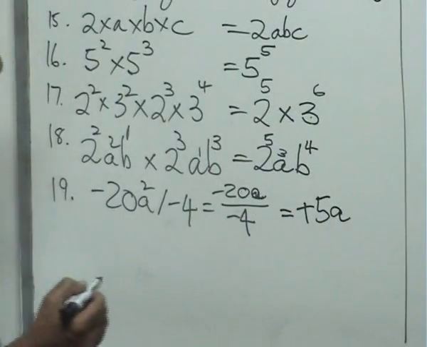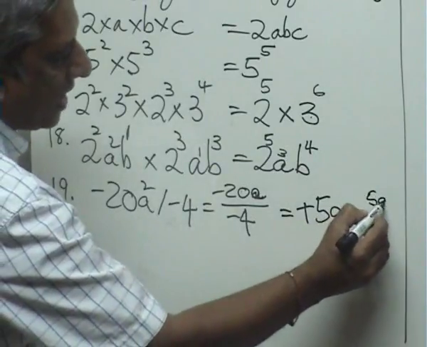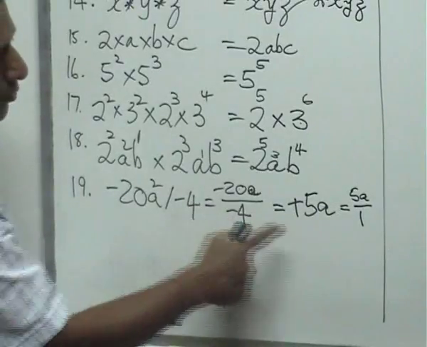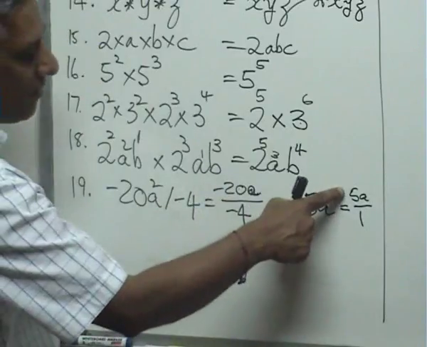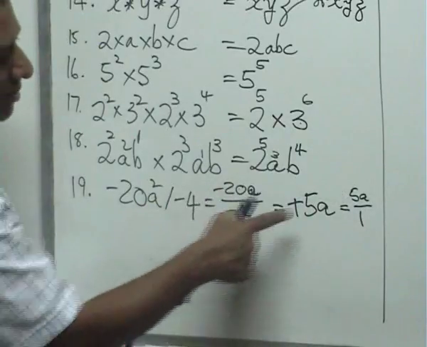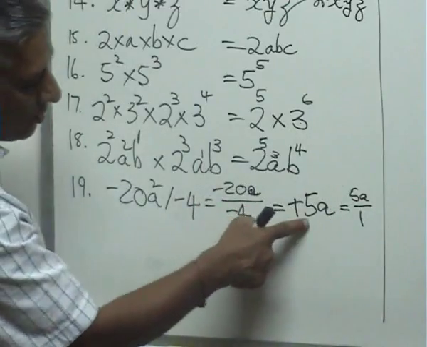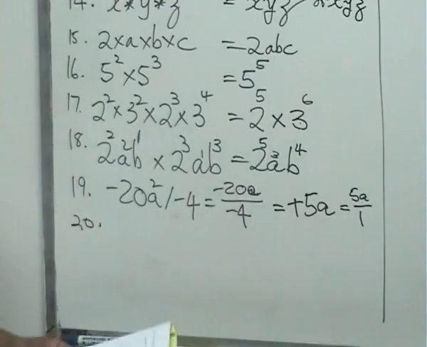Or another student might say, look, this answer can also be written as 5a all over 1. Because that student can say 4 divides into 4, 1 time. 4 divides into 20, 5 times. Minus divided by minus gave us plus, and the a is on the top. So this answer could have been written like this or like that. And finally, number 20,